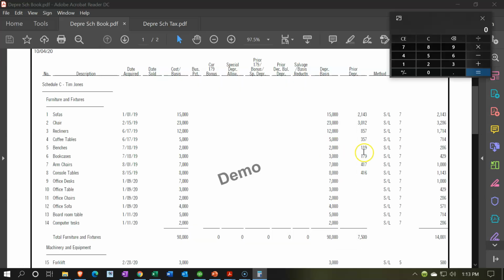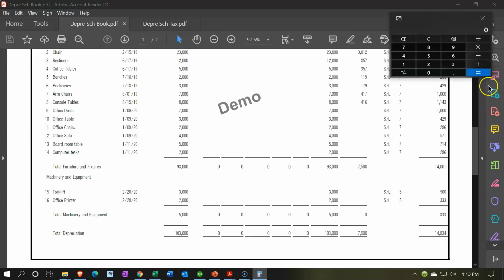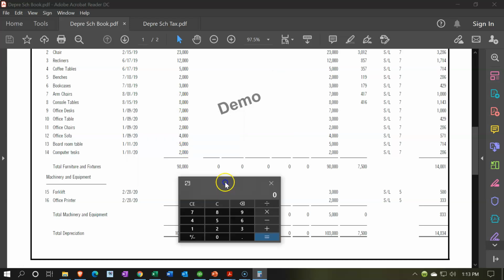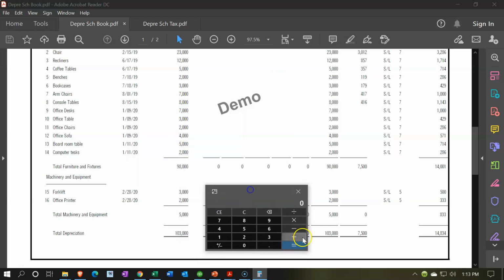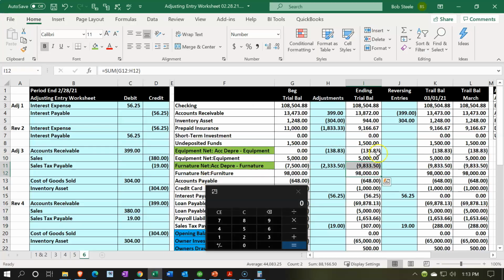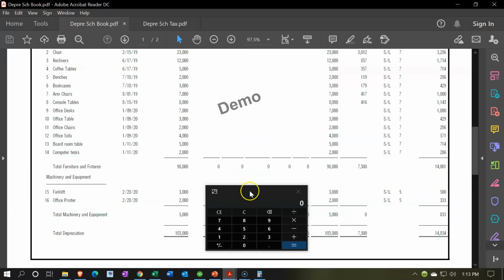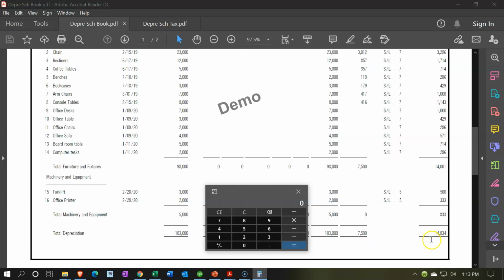So if I go down to the bottom, the two categories added together are typically displayed. And if I want to just double check it at total, we have the 103,000 for the total fixed assets. If I select, that's going to be this item and this item. Adds up to the 103. That looks good. And then the accumulated depreciation total should be, this would be for the year, total for the year, 14834